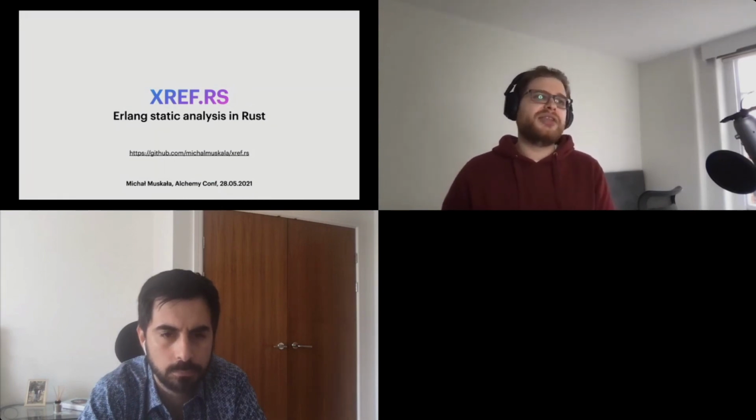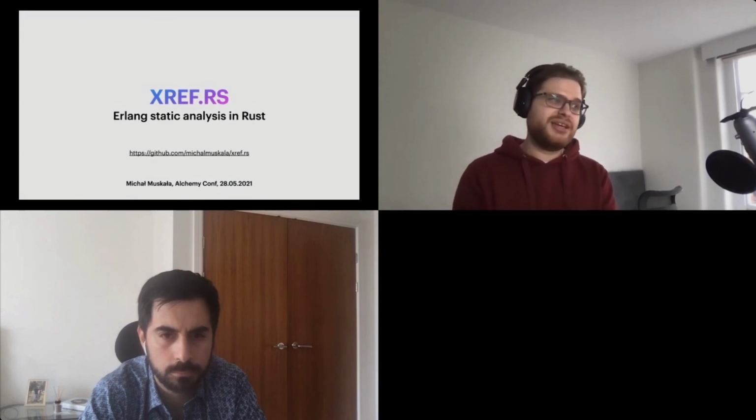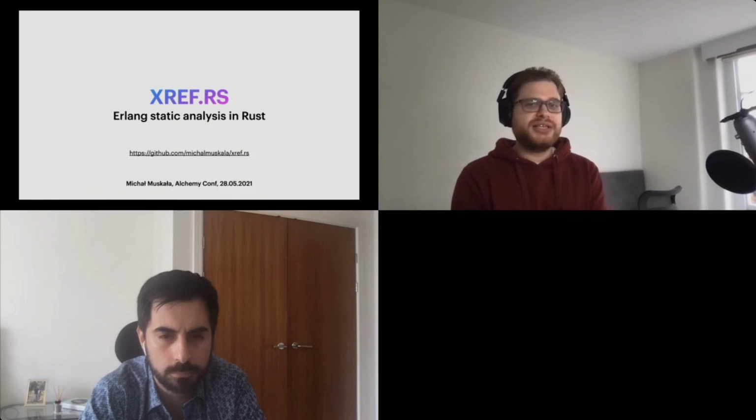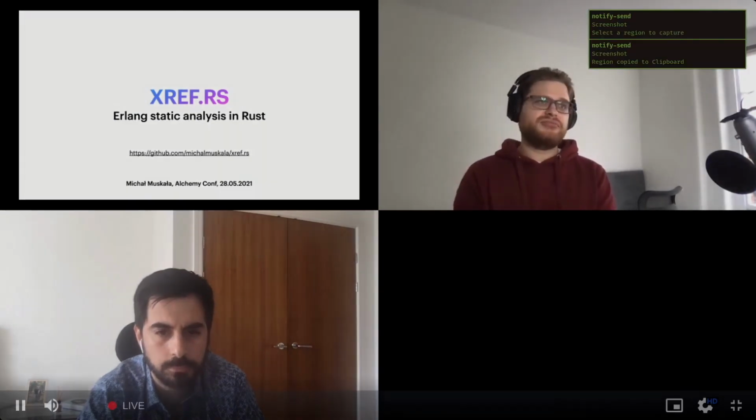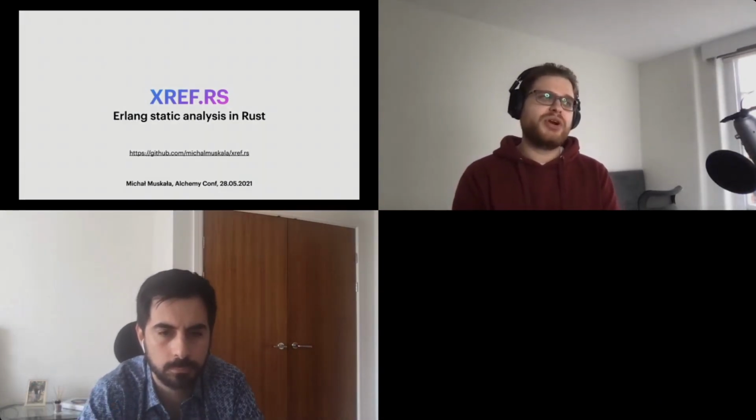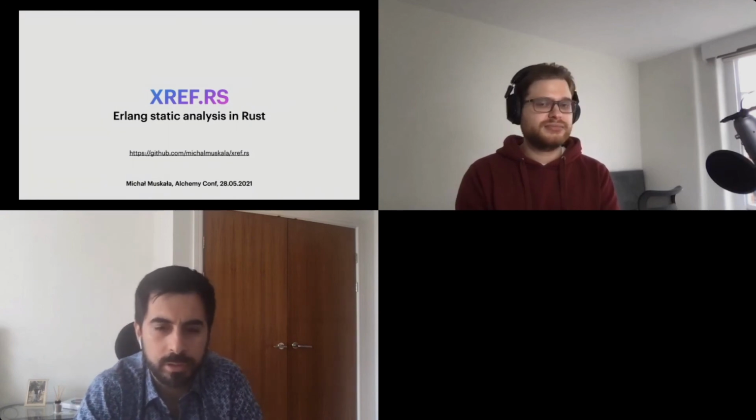Yeah, and Erlang LS includes some form of Xref analysis. It's just a global analysis, so it doesn't do this per application, per release reasoning, right? So it will only report an error if you wrote down the name of a function that does not exist anywhere in the code base. It's still better than nothing, and it's still great to have this signal in the IDE that detects more naive typos and things like that. So probably those two systems could coexist together, or perhaps we could look into integrating it into the editor integration.